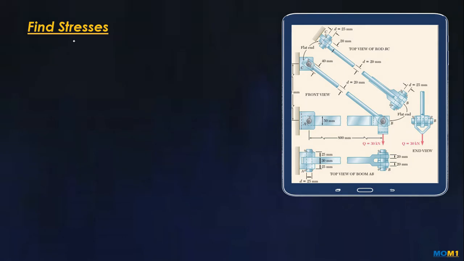Now we are going to calculate the stresses in beam AB, and we would be using same expression sigma AB, force upon area. The force is of minus 40 kilonewton, and for area the beam is of rectangular cross section